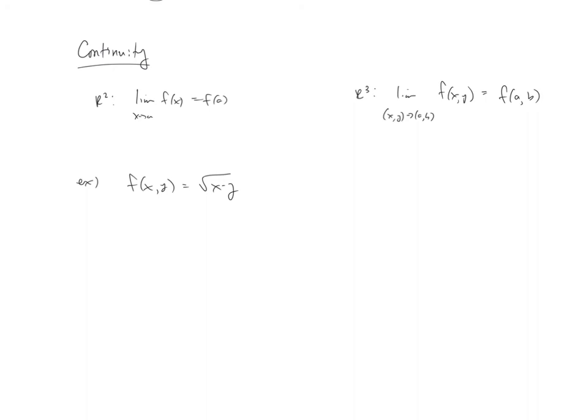Well, first thing that comes to my mind is that underneath this radical, we can't have a negative. So that says that x minus y must be bigger than or equal to 0, which also says that x must be bigger than or equal to y. So now when it comes to expressing where this function is continuous, we'll do so in a similar manner to what we did with the domain. We're going to graph this. And so looking at our xy plane, the line y equals x looks like this,